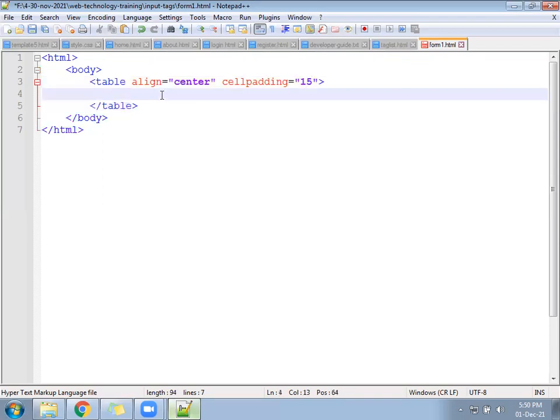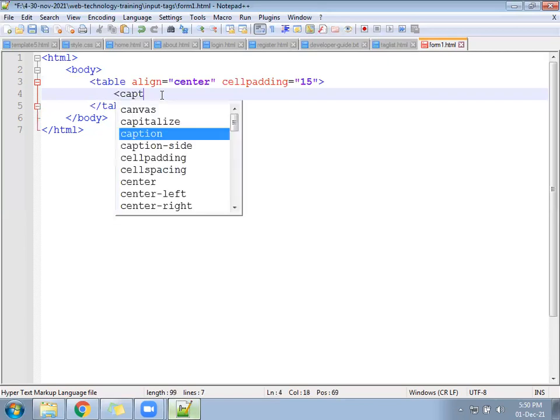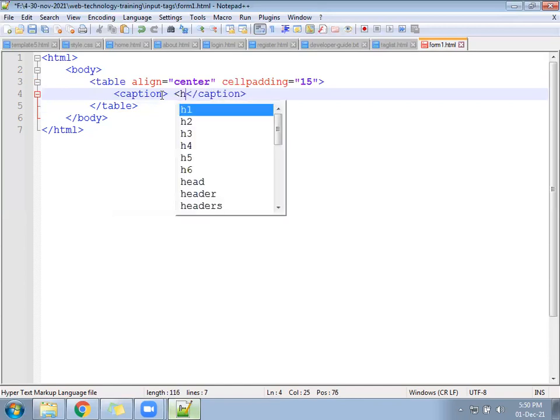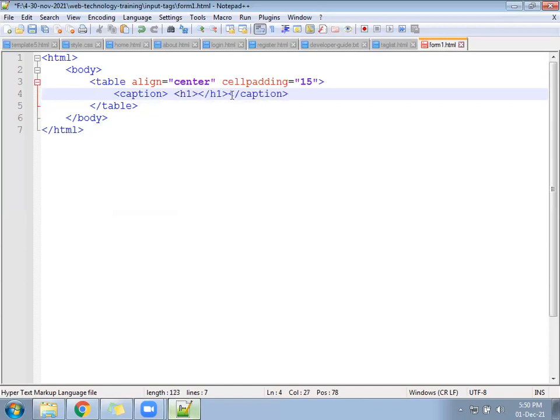After that, caption is the tag name. Here h1 is also a tag name. Then you will ask why inside the caption we follow h1. Because the caption will come in a very small font size, h1 will make it a bigger font size. We can follow the font or we can follow the h1. If you give h1, then top, left, right, bottom, you will have space. If you use the font, you will not have the space. Now write in this: Contact Us.